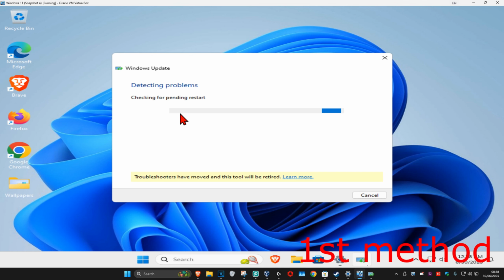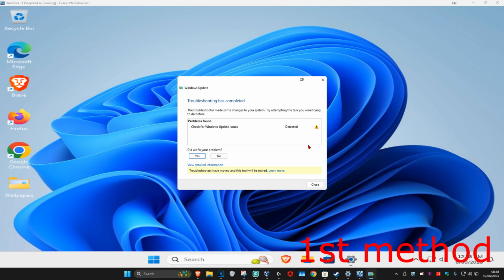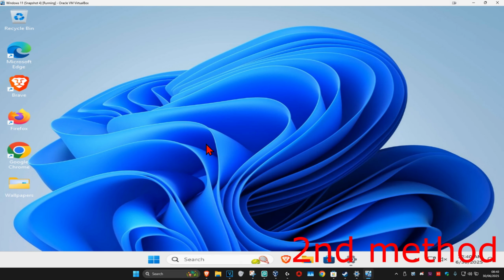Wait for this to load. And now once that's been done, if it detects any problems, it will try to fix it for you. See if that works. If that's still not working, then for the second method, you're going to head over to